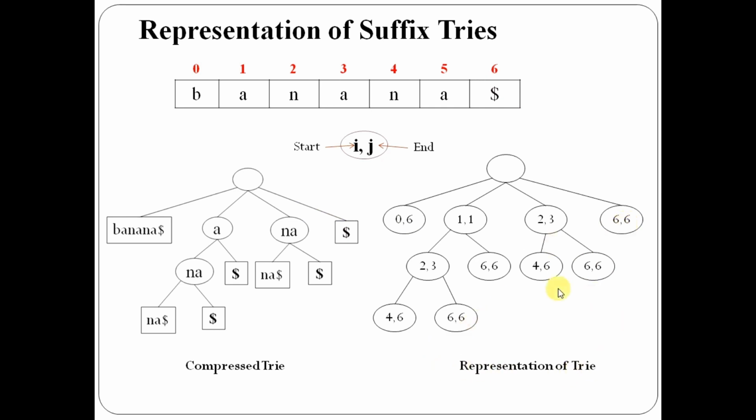In order to create a suffix trie, the first step is to create all the suffixes. The second step is to create a standard trie based on all the suffixes, considering all the suffixes as individual strings. The third step is to convert that standard trie into a compressed trie, and the final step is to represent the overall compressed trie nodes in the format of i and j, where i denotes the starting position and j